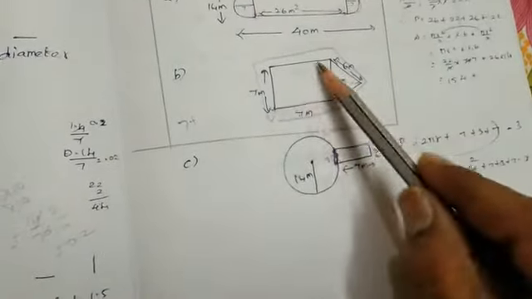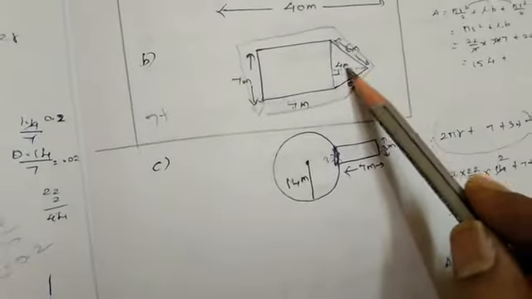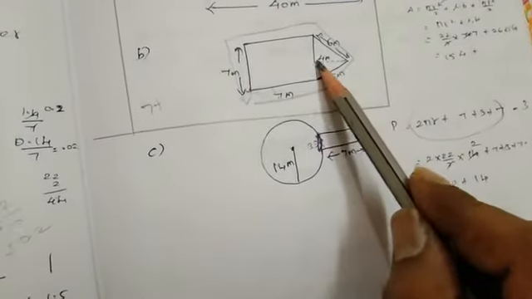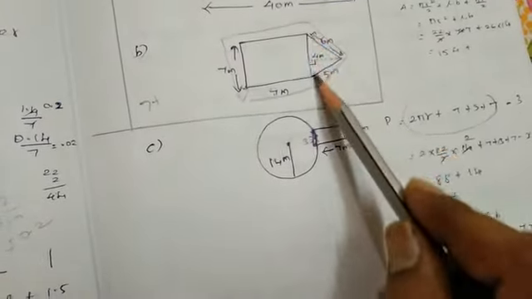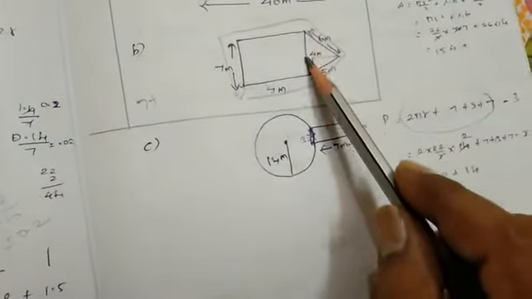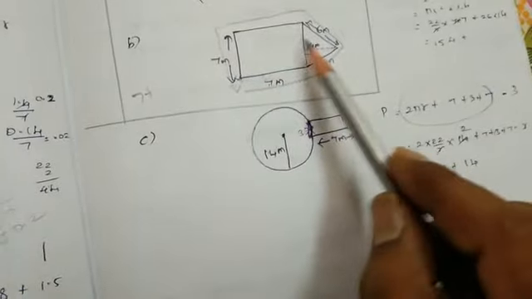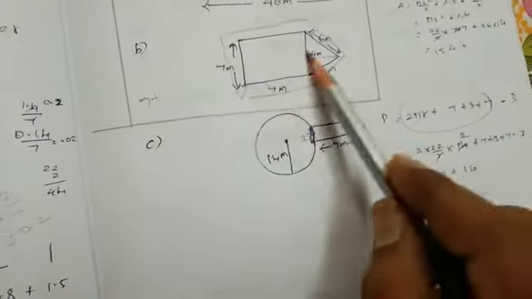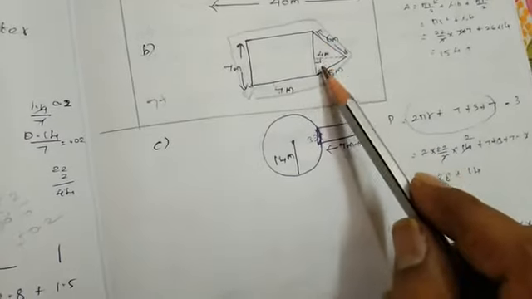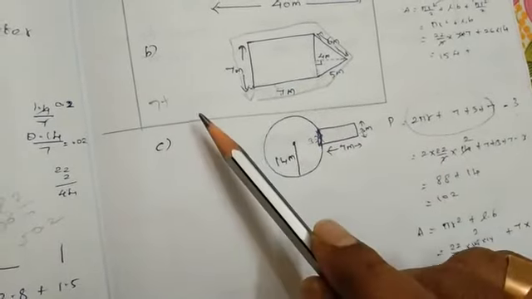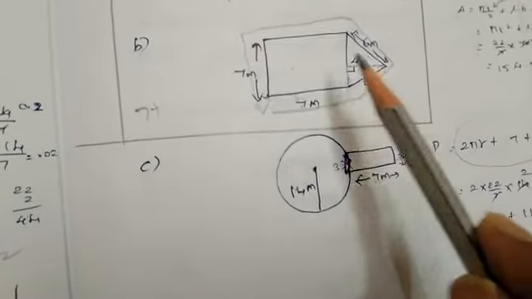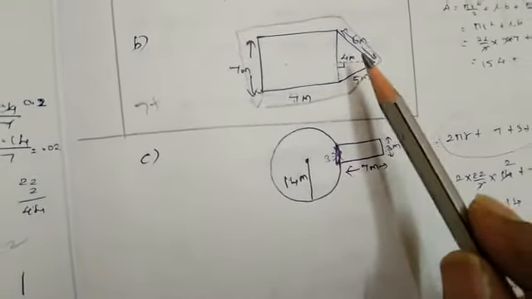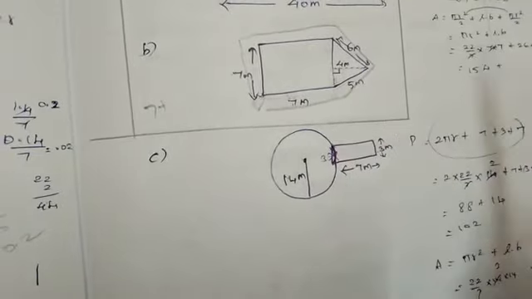Area of the square plus area of the triangle. Now for the area of the triangle, we know that it's a perpendicular line. This is the perpendicular, which means this length is the base. So the base of the triangle is 7 meter. That is parallel, 7 meter. So 7 meter is the base and 4 meter is the height. So using half into base into height, you can find the area of the triangle. So area of the square plus area of the triangle. Using this, just find the answer. Thank you.